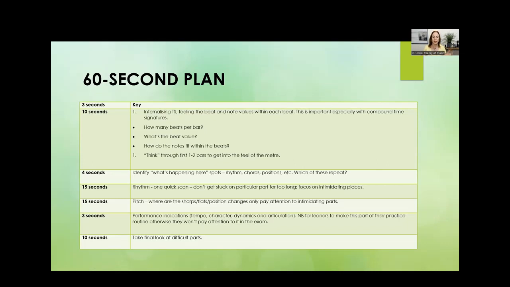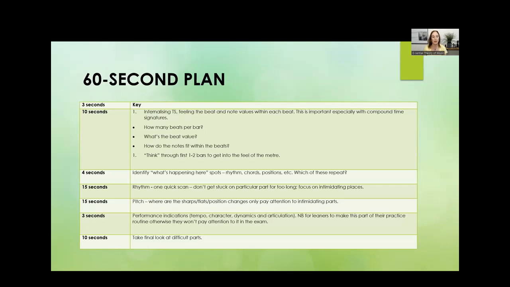So just one quick scan through it. Identify once again the trouble spots that you know, okay, I need to work on this. It's not necessary to pay too much attention to a bar consisting of crotchets and quavers. So scan through it and see where the parts are that they need to work on. Okay, and then exactly the same, 15 seconds for pitch, and identify the trouble spots and figure out how they're